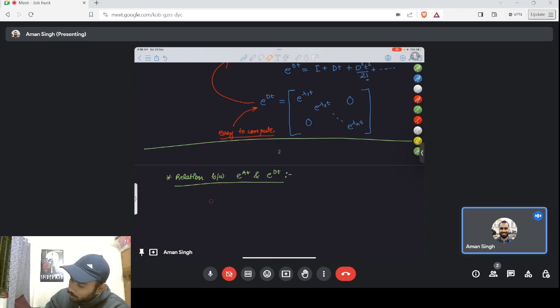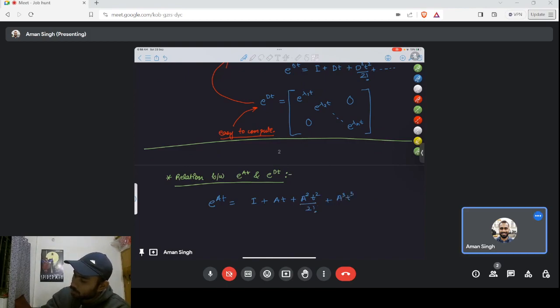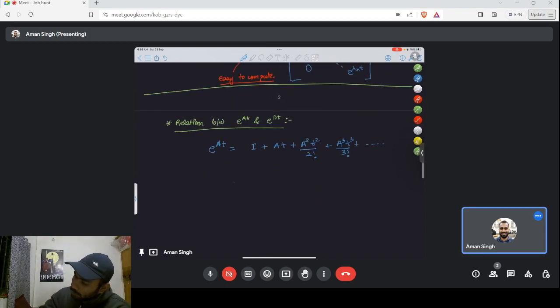As we already know, e to the power At is equal to I plus At plus A squared t squared by 2 factorial plus A cubed t cubed by 3 factorial, etc. We can write this as